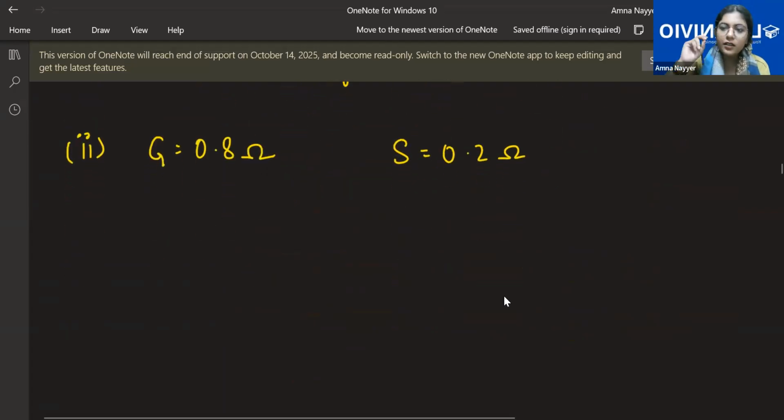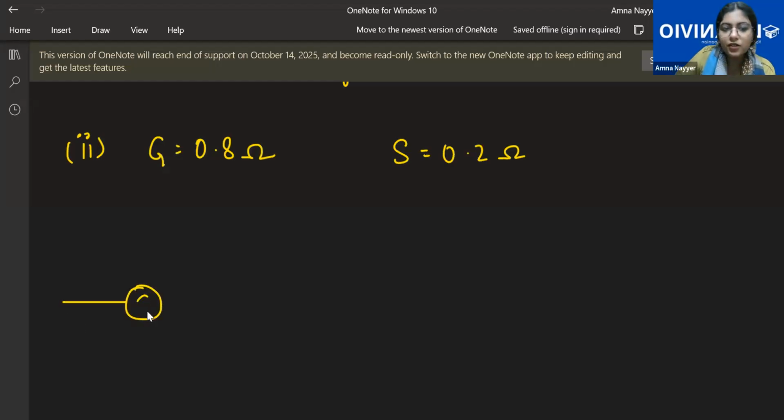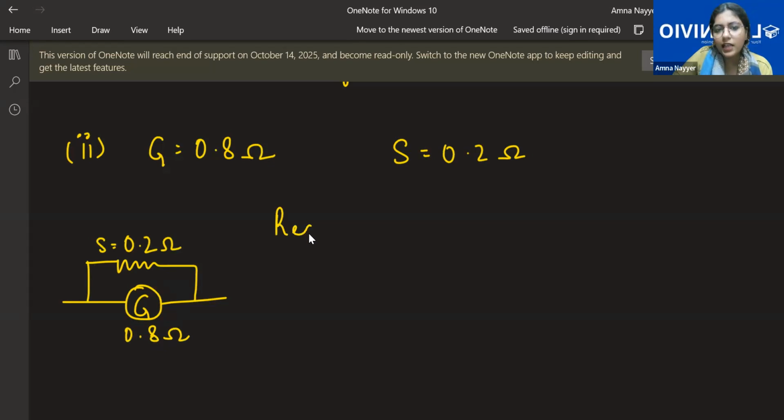This is what I was going to ask you. How should they be connected, Anil? Ma'am, shunt is always connected in parallel. Exactly. So it won't mention this, you will know because shunt is always connected in parallel. So instead of writing that the shunt is connected in parallel to the galvanometer, it has skipped the words in this particular question. So basically, this is a question like this: 0.2 ohm of shunt is connected to a galvanometer of 0.8.